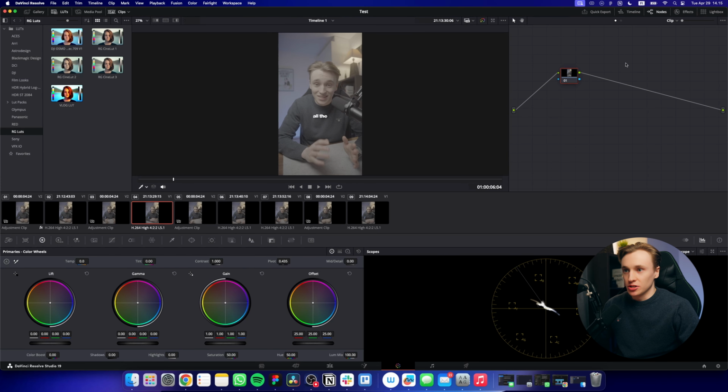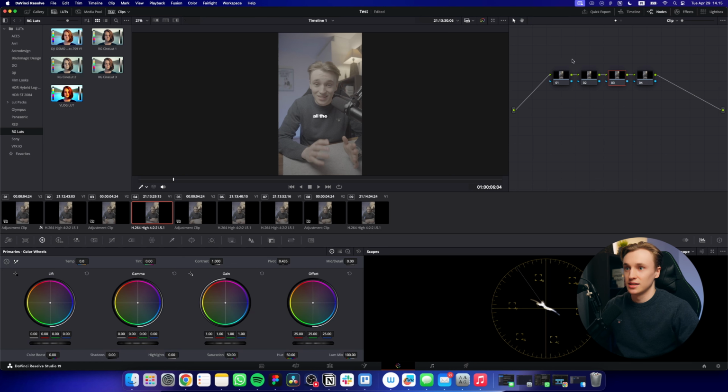So the first thing I usually do is I add a few more serial nodes. The way we do this is we hover over here and make sure it's selected so it's orange. Then we click Option and S, and that's how you add new serial nodes. You can also right click on this, add a node and serial node. And I usually start with 4 nodes. Now, if you have a Rec 709 clip, you don't have to do this step. But as you can see, my clip is raw, it's filmed in S-Log, so it's very flat, and we need